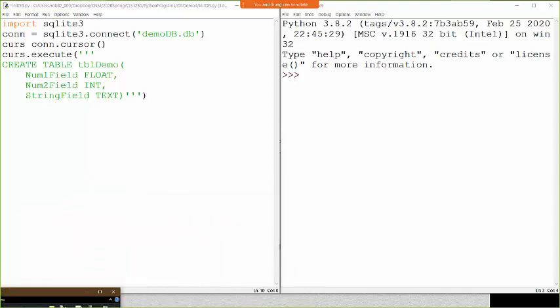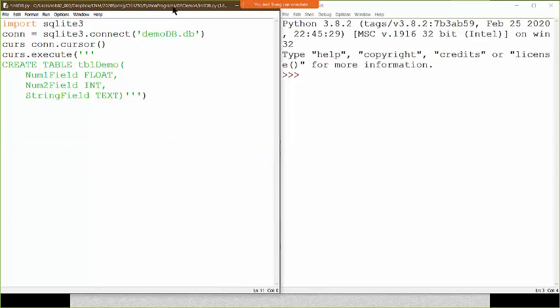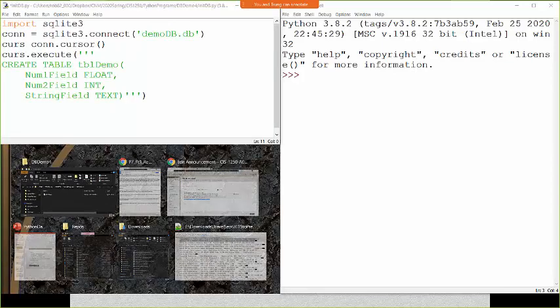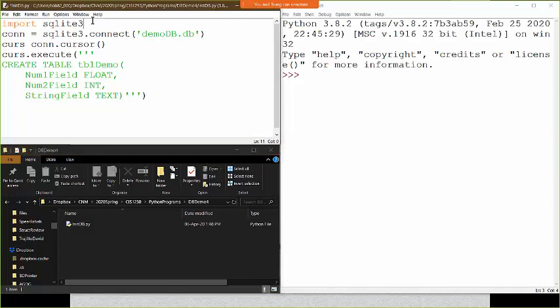So today, for those of you who just joined us, we're looking at how to use databases. And we're going to use a framework called SQLite3. SQLite3 is a nice lightweight database. And the way you get it is you import SQLite3 and then